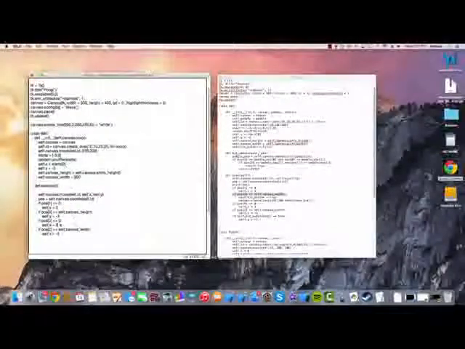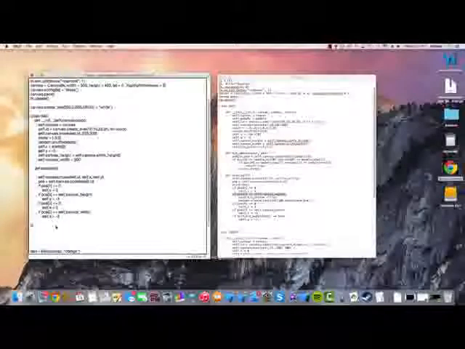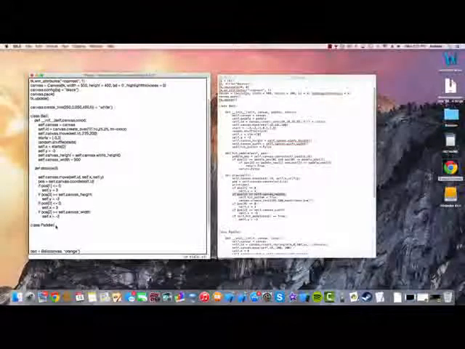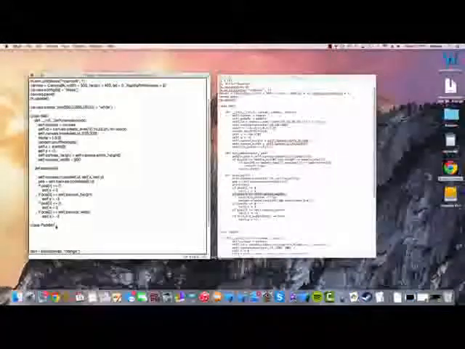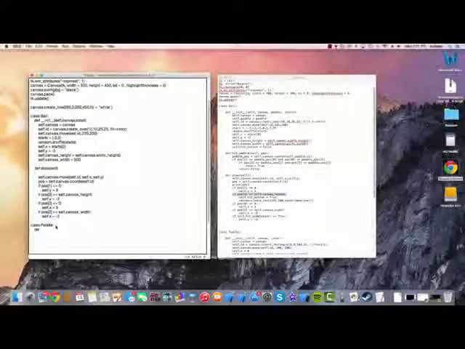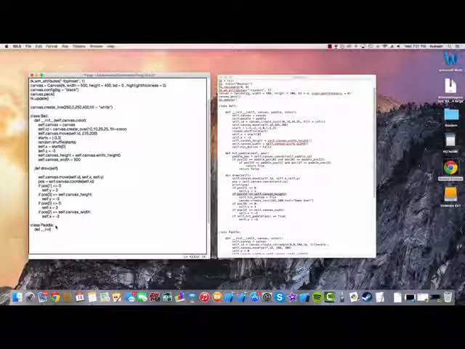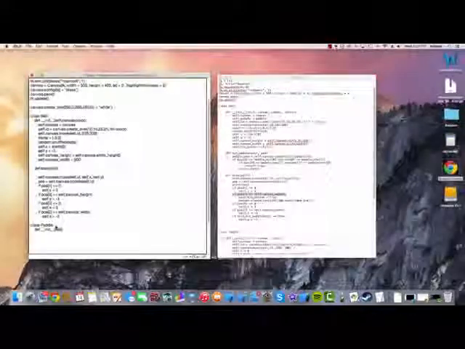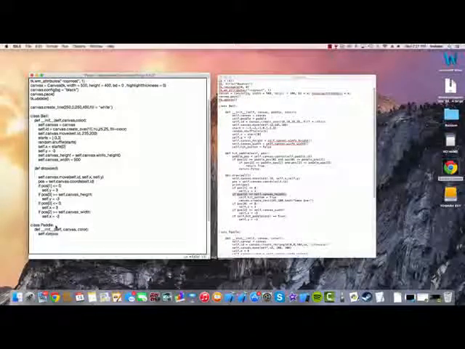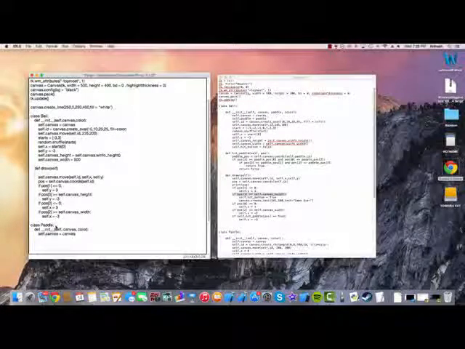So after our class ball, let's create a new class. Let's call it class Paddle. And we're going to be initializing it almost the same as we initialized our other class. So def __init__, we're going to say self, canvas and color. What color should the paddles be? So we're going to say self.canvas is equal to canvas, and self.id is equal to